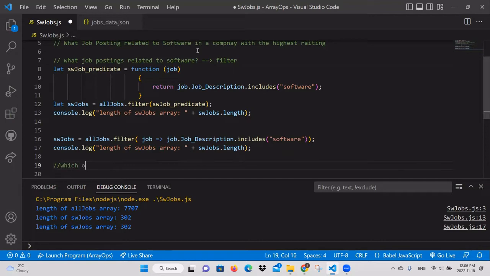which software job belongs to a company with the highest rating? So that's something that we can answer with what? Which of the operations that we have can we use to answer this question? Highest, maximum, minimum,